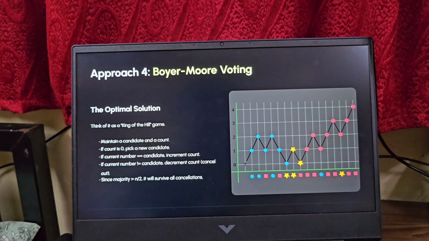Like here you can see that these two are equal, then we will increase. Then these two are not equal, then we will decrease. These two are not equal, and here you can see that the candidate is equal to the current count, which will be equal to 0, then we have to take another candidate. So we take another candidate, and the count is equal to 1, and here you can see that